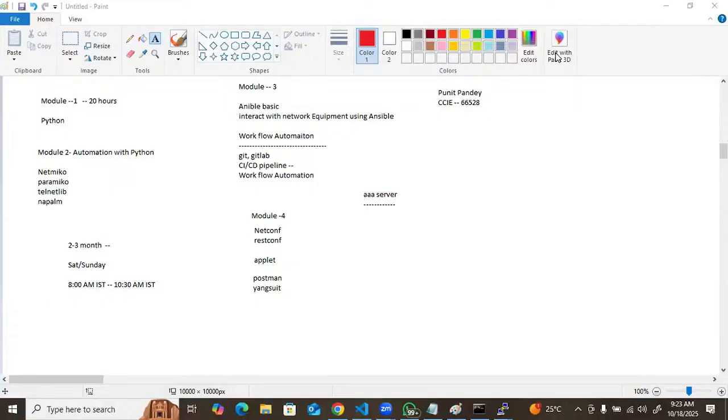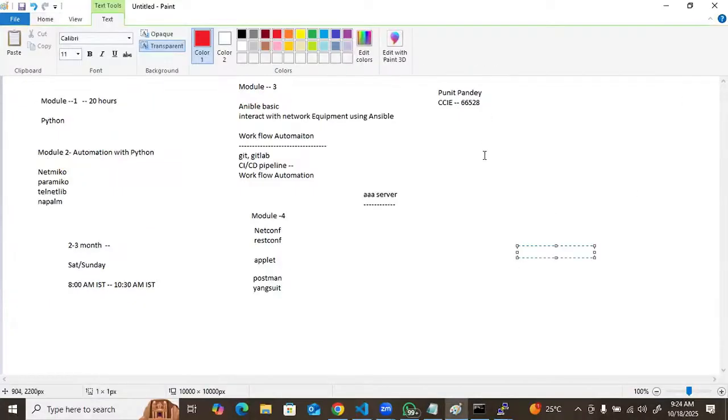Are we going to get any documentation for this Python module? Yes, I will share everything by tomorrow. I will show you the installation process, and after that I will share some docs for module 1. Once we start module 2, I will share some docs for module 2. Similarly, as we go module by module, I will share the docs accordingly. Okay, thank you very much, Punit. Thank you, guys. See you tomorrow then.